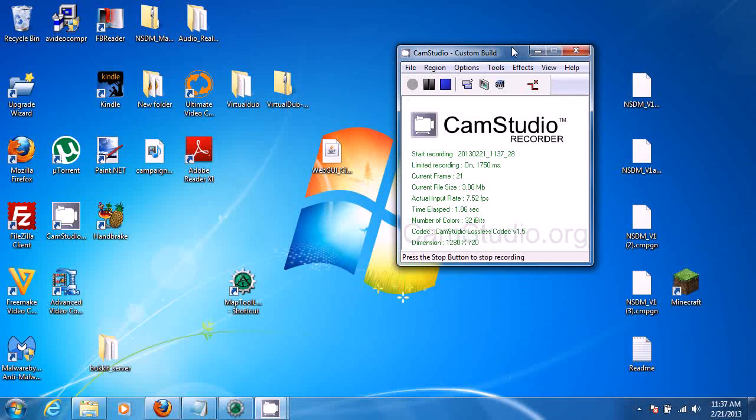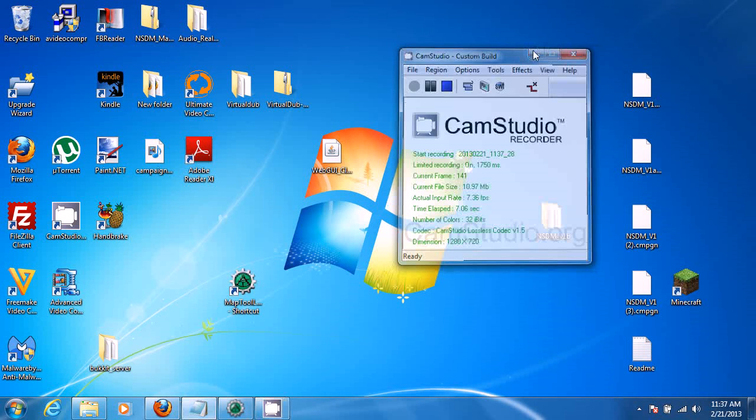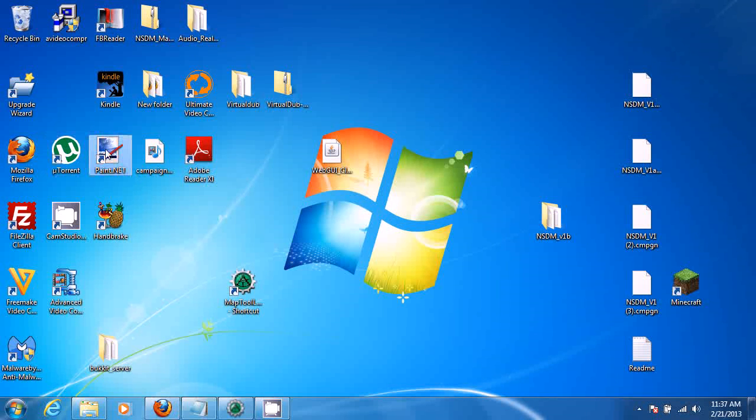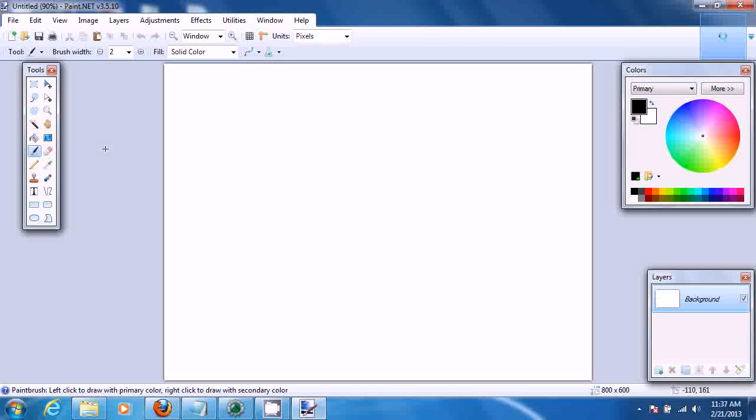Okay, this tutorial covers editing images and state flags for the NSDM maptools campaign. The program I use for this is an image editor called paint.net. It's free and open source. You can download it from getpaint.net. And I like it because it feels a lot like Microsoft Paint, but it has some important features that Paint